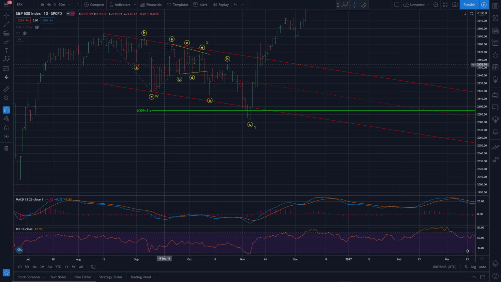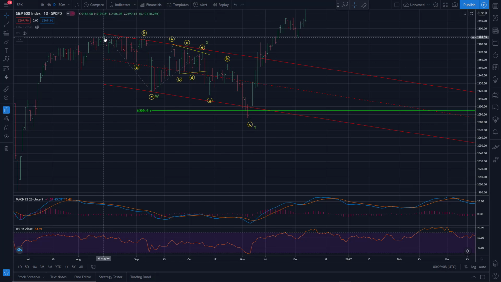I want to look at a nice setup forming on the markets here. But first I want to look back at the 2016 chart of SPX leading up to the election for that year. And I think it has some important similarities. And I think the outcome as far as the market action goes will have some similarities as well. So let's get right to it.